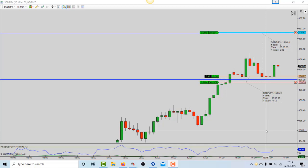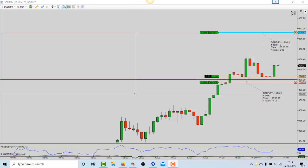This is the pound yen on the 15-minute time frame. The trade is actually on the 5 and the 5 range, but I'm showing you this so that you can see clearer that we've just had a very big bullish candle, currently 19 pips up, and a ridiculous 12 pips here for potentially 83. Aggressive in one sense because we are moving very directionally, but conservative in another because of